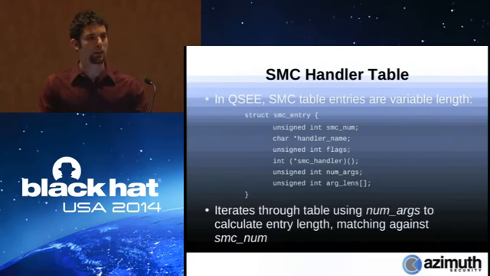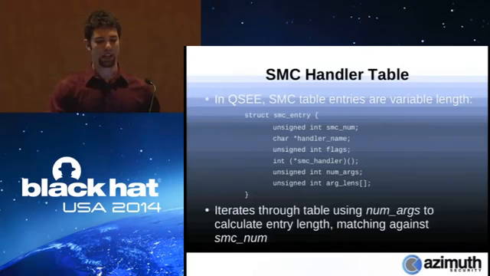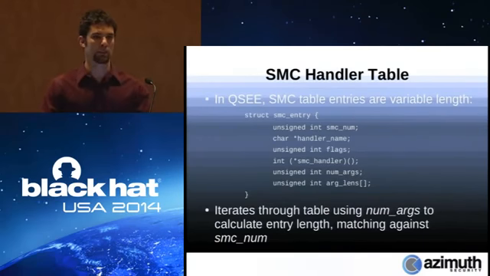Well, revisiting how QSEE actually handles SMC instructions. So when an SMC instruction is issued, QSEE will parse the command structure, and it will iterate over a table with these variable length entries, where each entry corresponds to an SMC handler, sort of like a system call handler, where each entry contains an SMC number, which is just the identifier of the SMC request, a pointer to a string describing the handler, which was incredibly useful when trying to figure out what each of these handlers actually did,